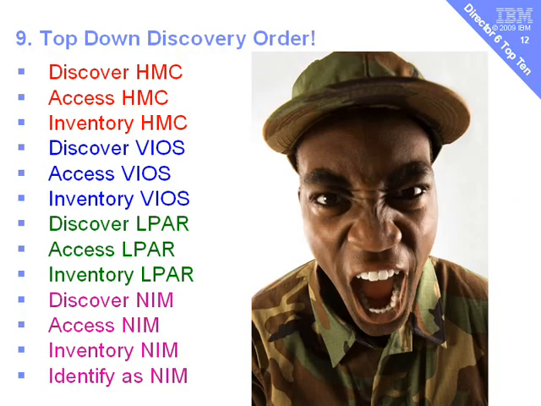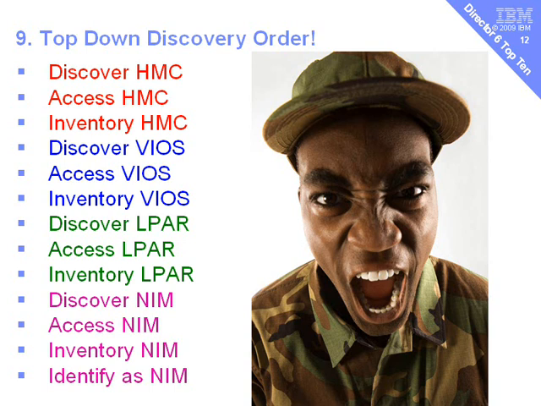The next thing to note, and I've only recently found this out really, is that you need to start from the top and work your way down. When I initially started, I had a Director server and I connected a copy of AIX to it. I then started looking at other AIXs and eventually VIO servers. But that's not the way you should be doing it. We should be discovering the HMC. Once we find it, we give access to it, and once that's okay, we do an inventory and we check the inventory finished satisfactorily. There's no errors in it. Then we go down to the VIO server. Then we go down to the logical partitions running AIX,